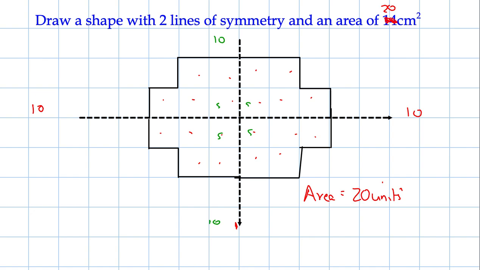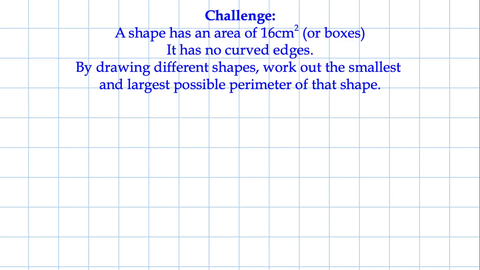You can go and practice the questions, but I have got a challenge I'd like you to come back to once you've practiced it, and that is this. There's a shape that's got an area of 16, okay? It's got no curved edges, so what I want you to do is draw block shapes, with no sloping edges, nothing like that, just a shape that goes along the edges of all these lines. So say I managed to draw a shape that had 16 boxes in it. That's actually quite big, so you might have to